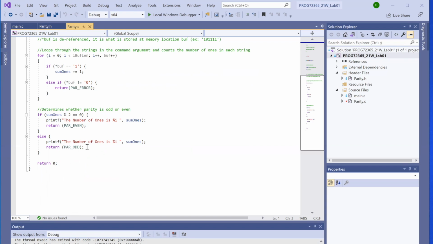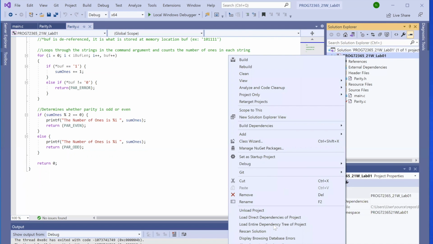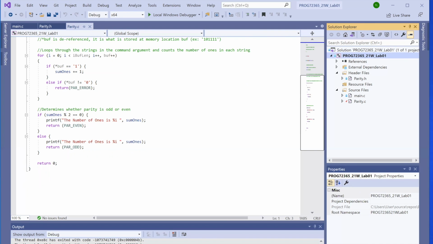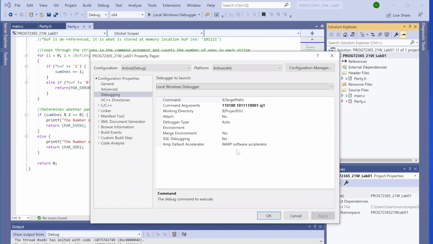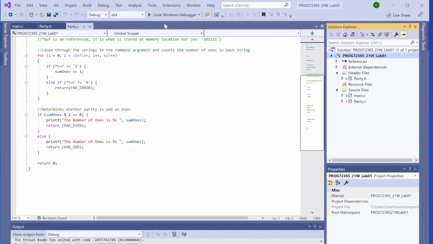So that's the completed parity.c function. So now we can run the program. When we right click on our program and go to properties, we go to debugging, and we can see that in my command argument, I put 3 options. One of them is a parity odd, then there's parity even, and then this one should give an error message. So when we run the program,